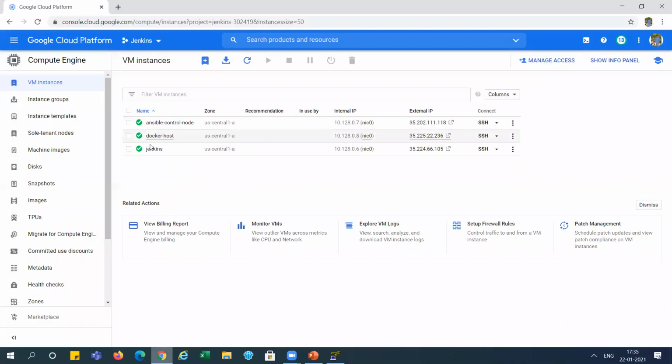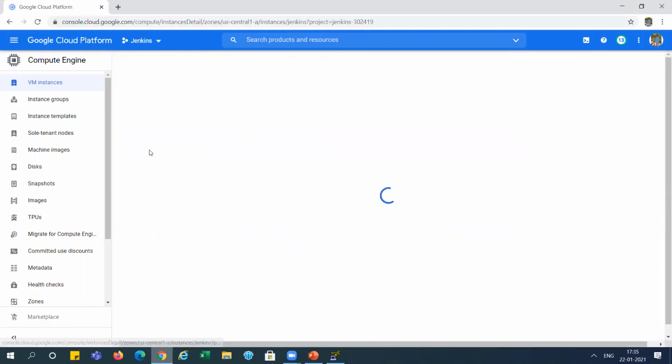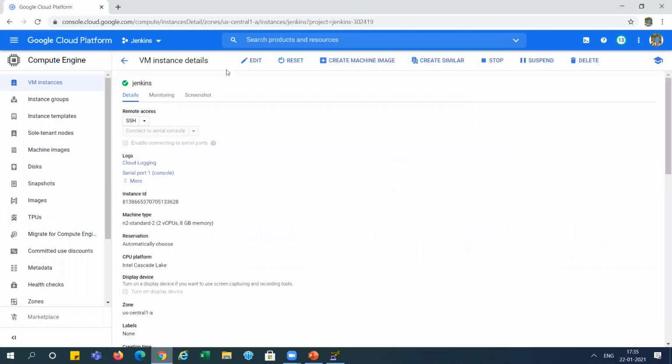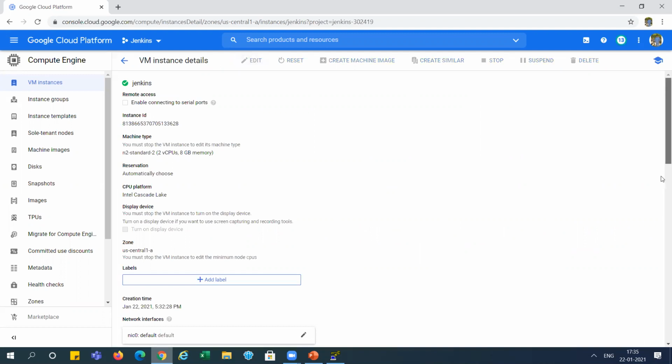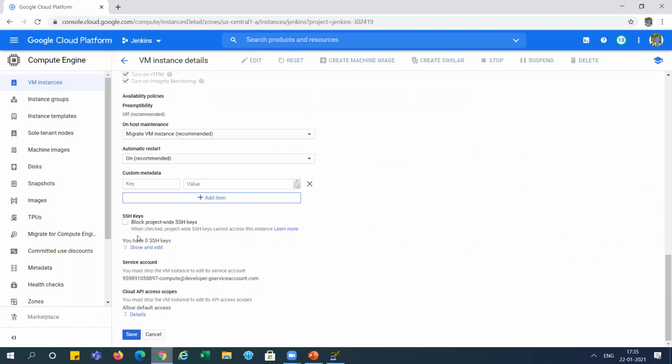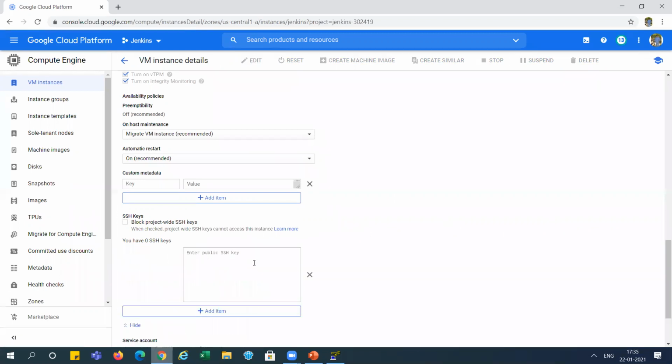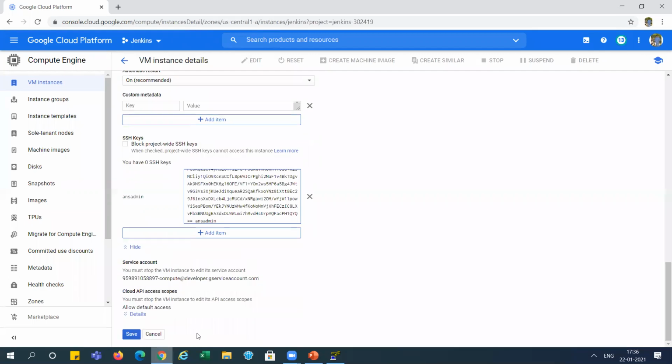All VMs are created. First, I'm going to the Jenkins and I'm editing it. You can see here, so edit. Currently, we have a 0 SSH key. So I'm editing the key here, ANS admin, and I'm saving it.